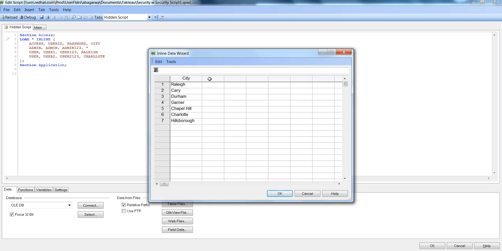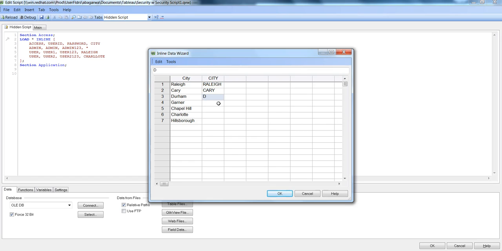In another column I will enter the field name that we entered in the section access, which is city but in caps. So here I will enter in the same way the city information in caps. For Raleigh we are saying the same thing, but again in caps: Raleigh,